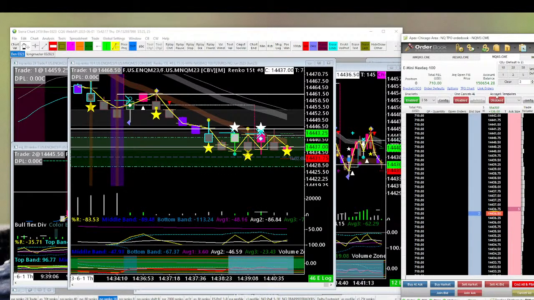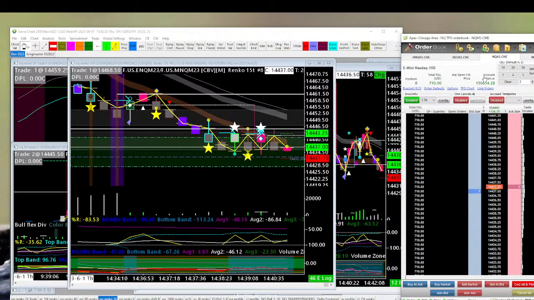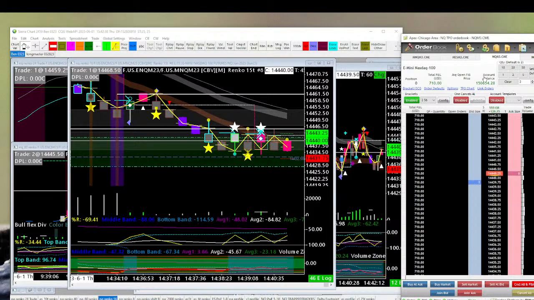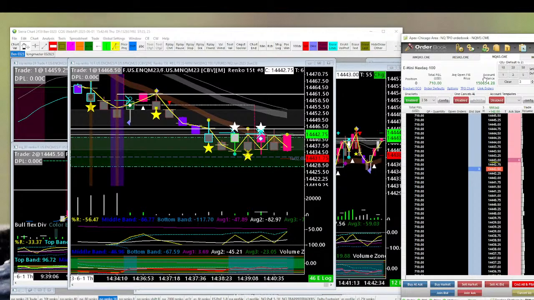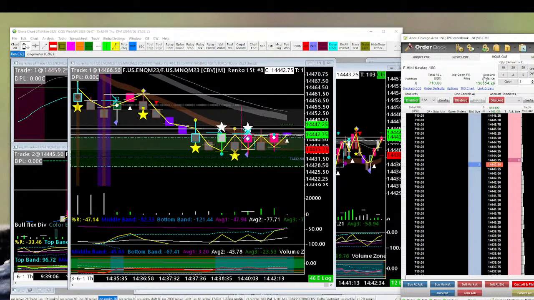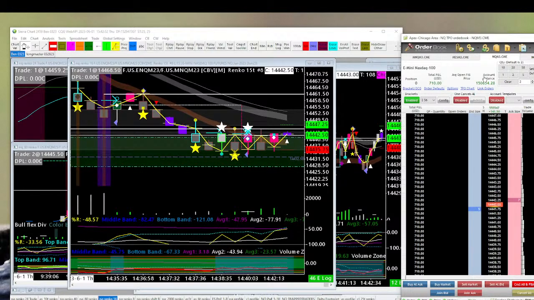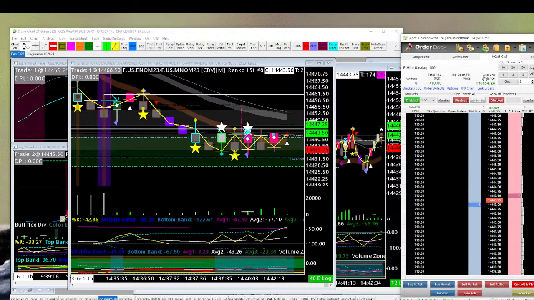Because again, I'm trading 2 minis here. I might not take that level of risk with a performance account when I have a trailing drawdown, because I want my chance of losing that performance account to be like next to nothing. So I'll trade 6 or 8 micros maybe in those accounts. But if I have 3 of them or 4 of them, all of a sudden it's as if I'm trading two minis just by using the trade copier. So push a button on one trade, it applies to all of them if you set it up that way. And yeah, you can have a consistent income from trading without a big